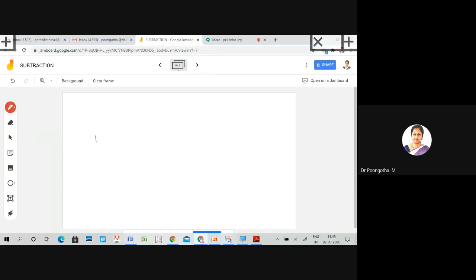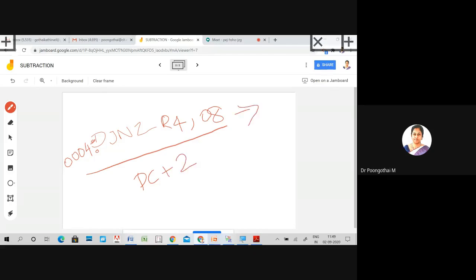For example, decrement jump no 0, R4 comma 08. Suppose the program counter is pointing to 0004. During execution, your program counter is incremented by 2 because this instruction takes 2 bytes of memory.